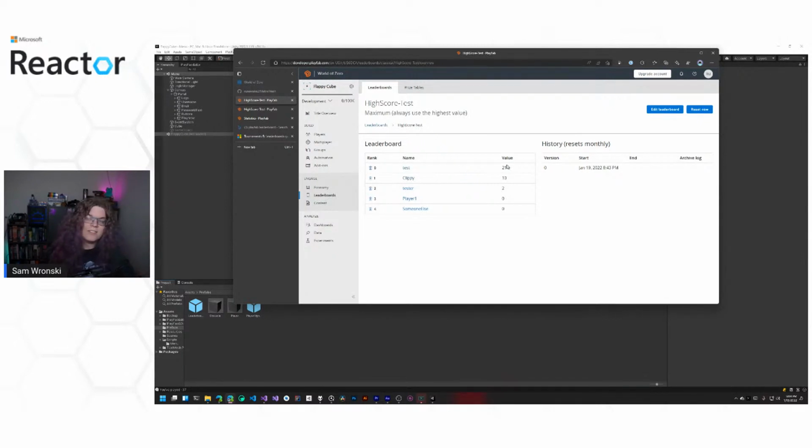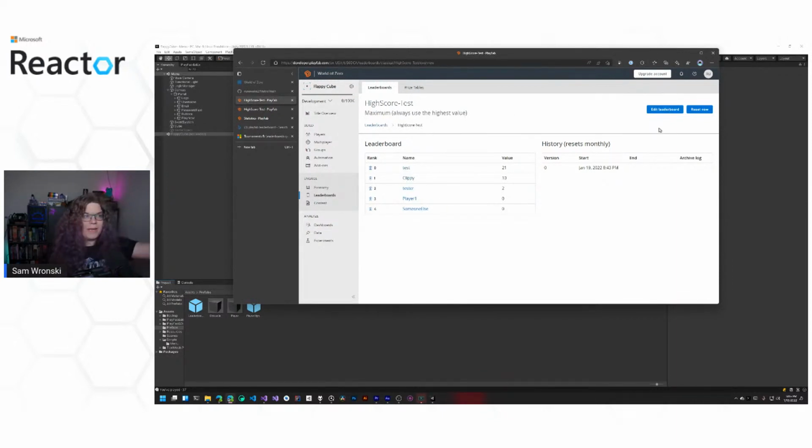In this case, I've set it up so that the statistic is published from the client. If you want something more authoritative, you probably want to do that on the server side to avoid people submitting bad values. This would be very easy to submit like 9 billion as your high score, which you probably don't want people to do. For this, I figured it'd be interesting to leave it and see if people figure that out. So we're going to do that. But yeah, this is the high score. And we can go and edit that. There's a few other things.